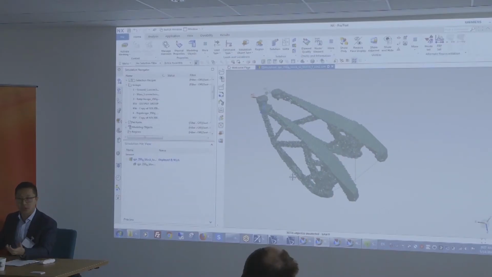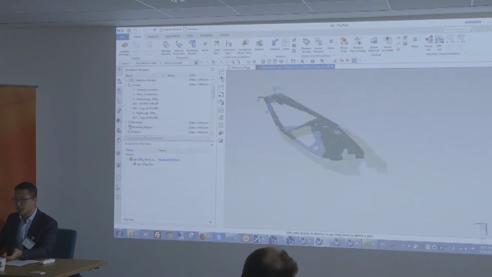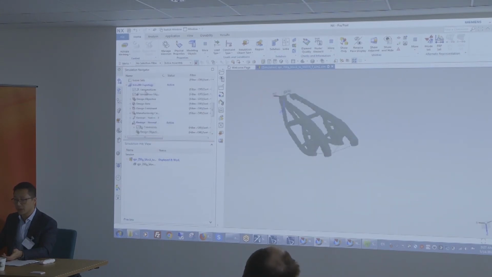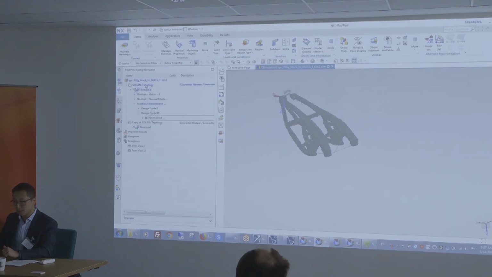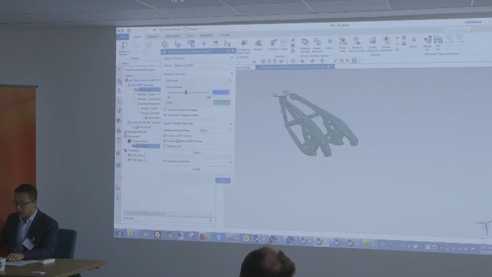So in this case, this will be the element that will be used to rerun the solution. As you can see, the connections are still there, and all you have to do is run the solution again. But what you can also do, instead of just having a quick verification solution, is to export that geometry into